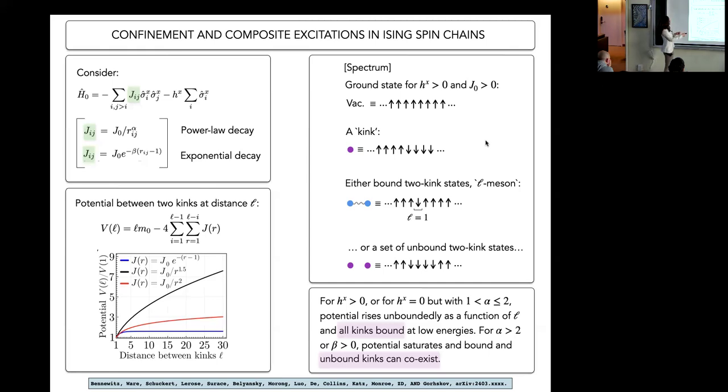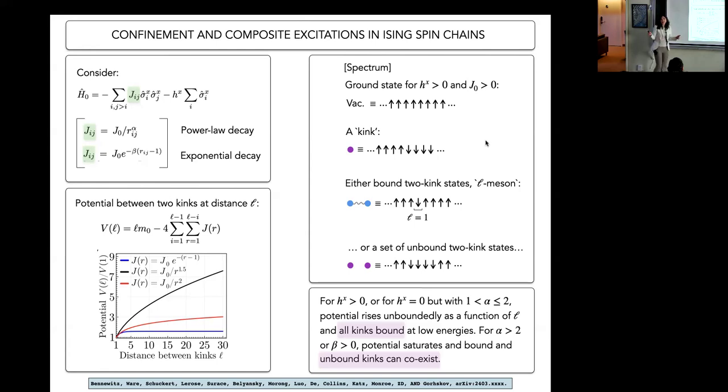Okay, now the interesting part is that you can have two of these domain walls and make things that are bound mesons, it turned out. And I'll tell you what that means. So what is this object? You have a domain wall here and another one here, and therefore there's one spin that is flipped in between. And we call this a length L equal to 1 meson. So a meson is a kink, anti-kink bound state in this object. You can also have configurations where these things are not bound. You can have two kinks, but they're not bound depending on the model and so on. So these are the kind of objects that I'm going to deal with.